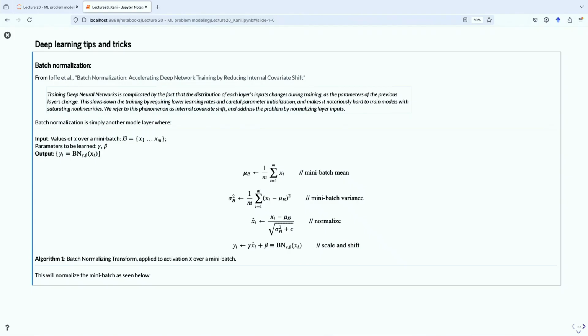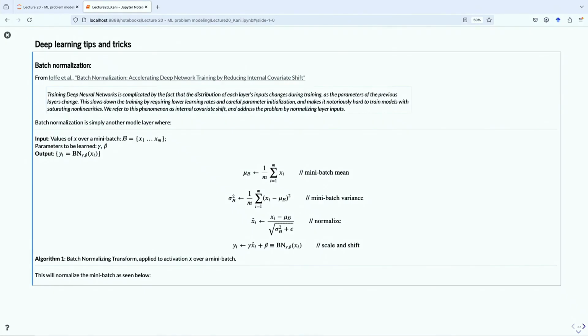Well, the authors of this paper proposed a very direct fix, which was simply taking a batch. Remember batching? We take a segment of the data and put that segment together to calculate the gradient. Well, why don't we normalize that? Why don't we calculate the norm at each layer and normalize it to a distribution with a mean of 0 and some standard deviation?